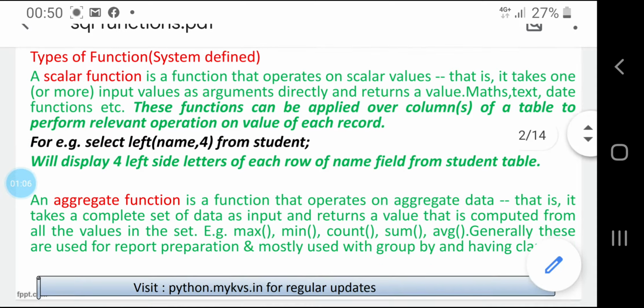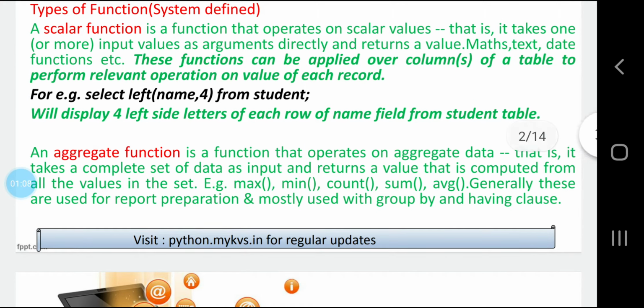But the other type of function is the aggregate function. An aggregate function is a function that operates on aggregate data, which means it will work on multiple rows instead of a single value as in scalar functions. Scalar functions work on scalar values, single values.